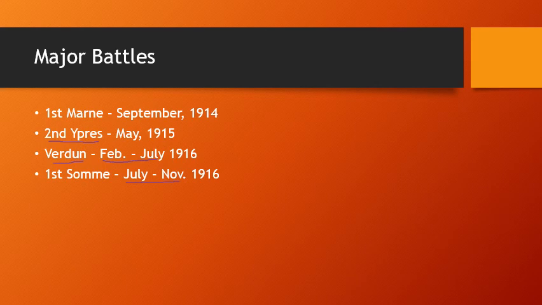By comparison, most estimates say that in the American Civil War, in the total of the 4-year war, America lost about 700,000 soldiers. There are about 700,000 casualties in the entire American Civil War. In the First Battle of the Somme alone, we're talking 1.2 million casualties between the two sides. The first day of the battle, 58,000 soldiers were killed in one day. That's insanity. And unfortunately, it didn't get much better after that.